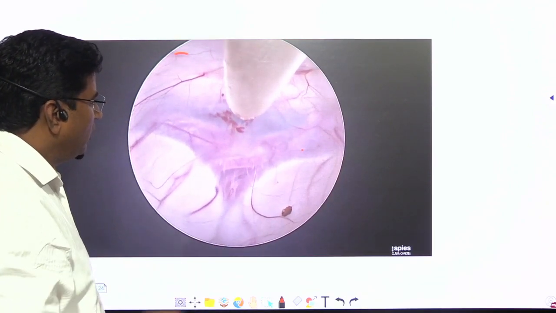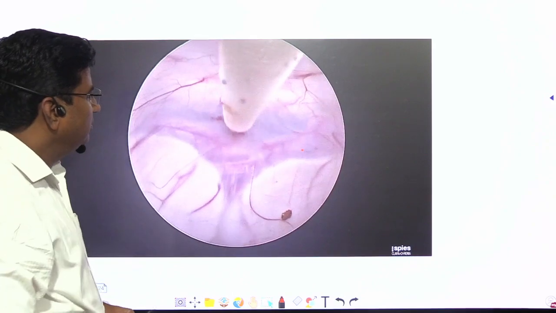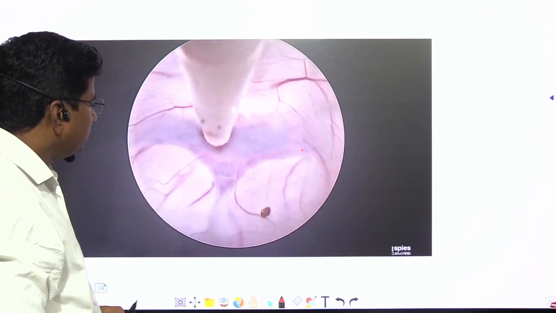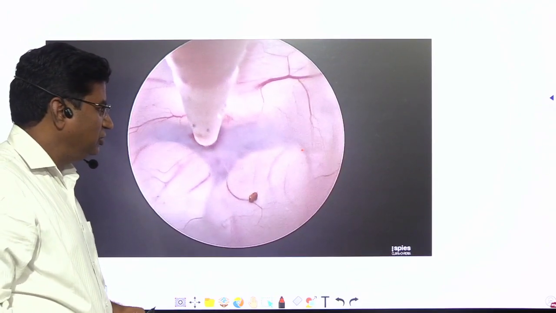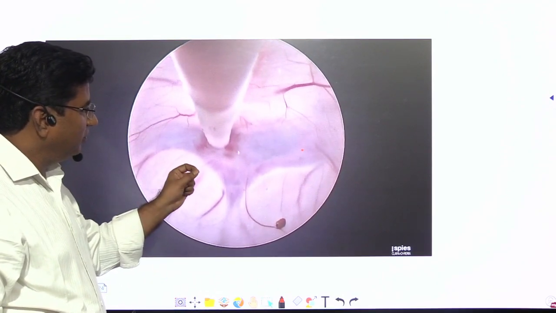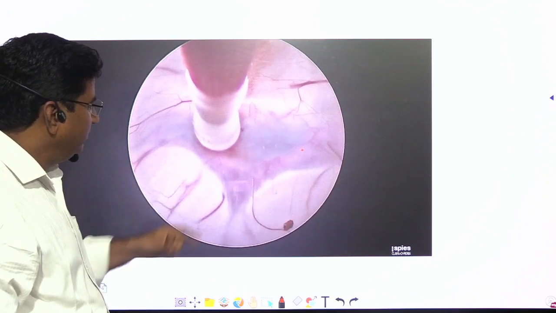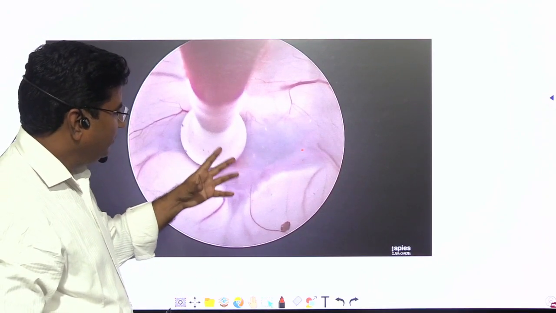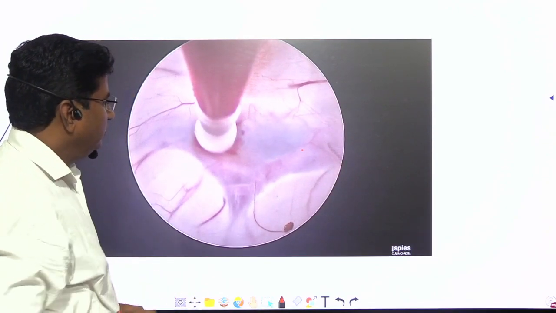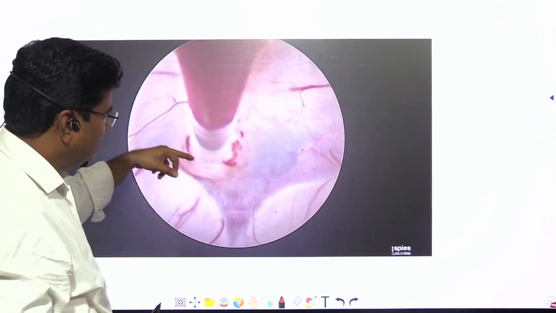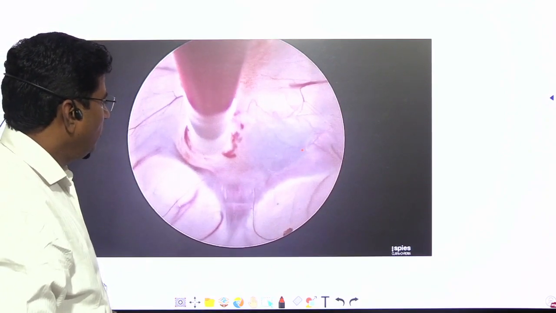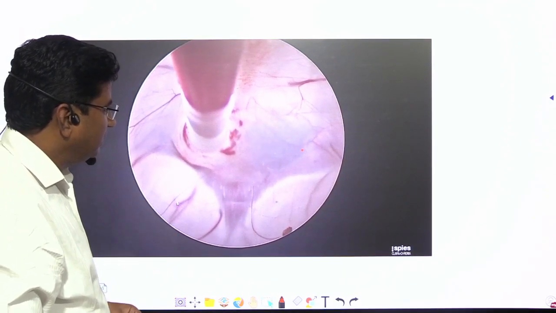Then we go for the Fogarty catheter. After fenestrating properly, we inflate the balloon with the help of a 4 French Fogarty catheter. As you see, we negotiate it through this opening, then inflate it and widen the fenestration, and hold it. So there is compression hemostasis at the margin of the fenestration, and bleeding is stopped automatically with this type of pressure.